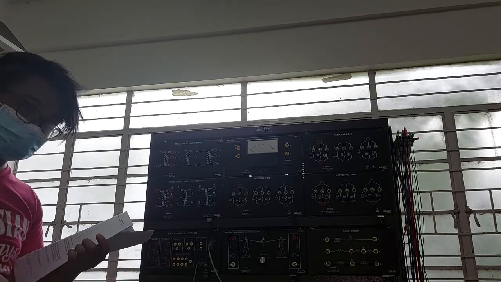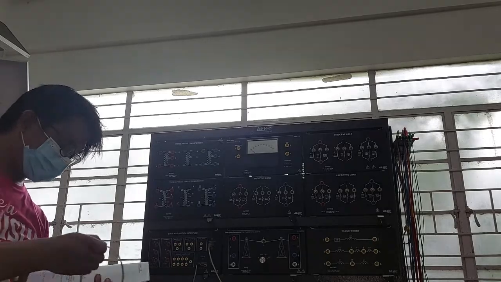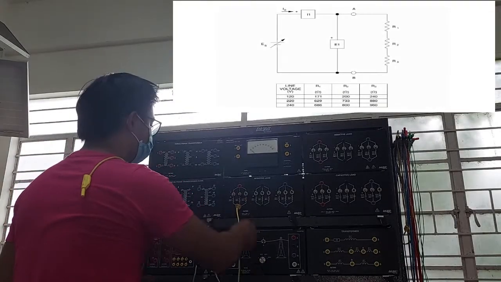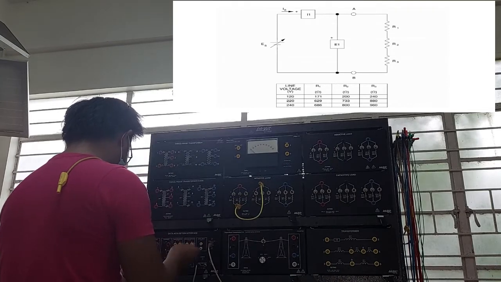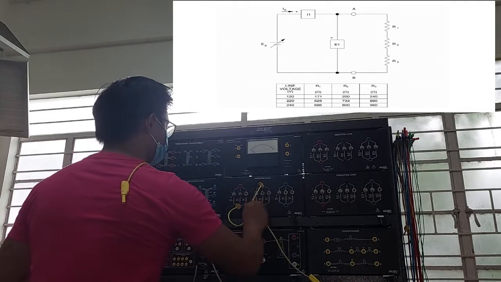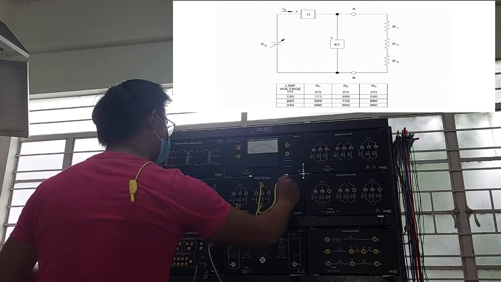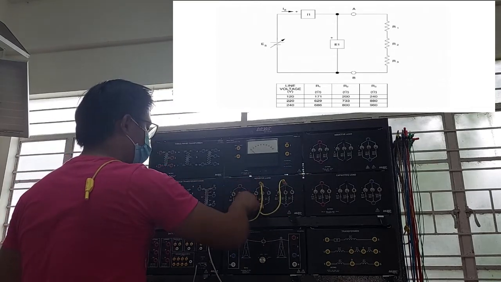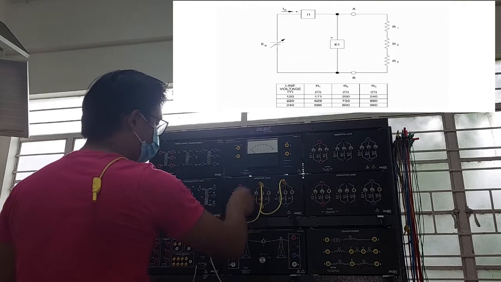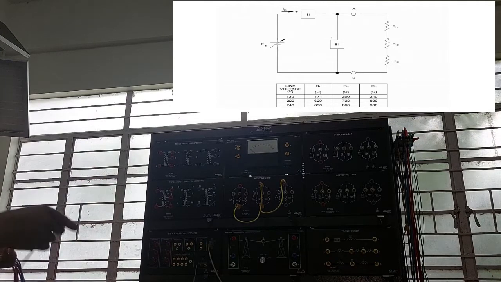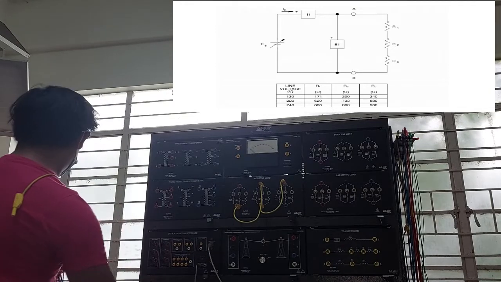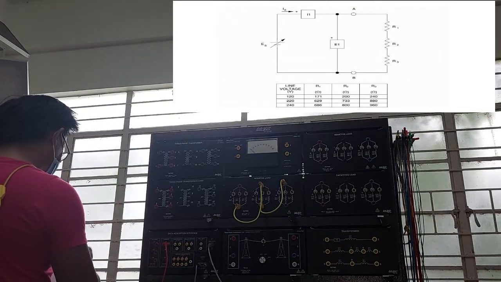So let us connect the circuit diagram shown in our lab module. As you can see, I am connecting a series connection of your R1, R2, and R3. Taking note that the voltage that you would use is your 120 volts line voltage. Your R1 consists of 171 ohm, your R2 consists of 200 ohm, and your R3 has a value